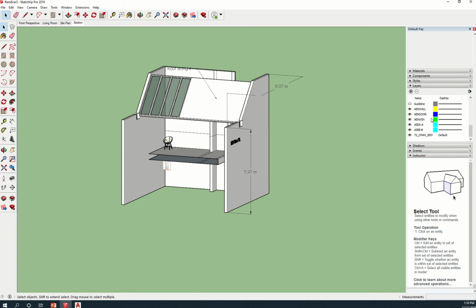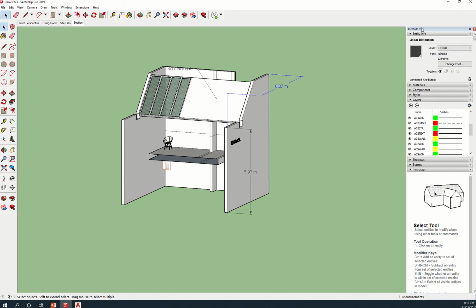I think these are layers that came from AutoCAD, right? You can see that these are layers that we do in AutoCAD. You can turn them on and off, and you can name the layers. You can add layers. So if you want this to be in a particular layer, like the dimension layer, you can do so by selecting the entity and then going to the entity info